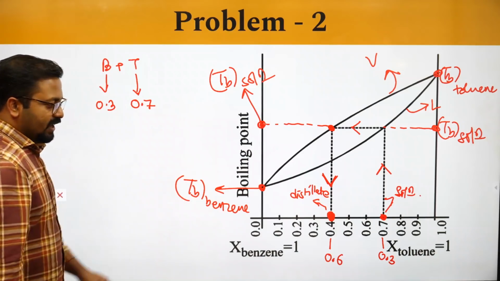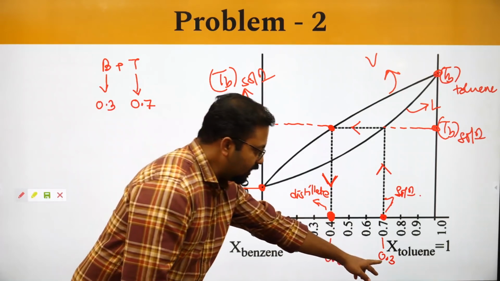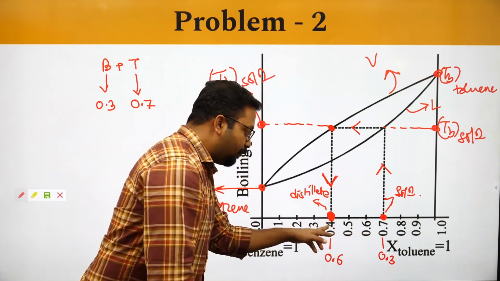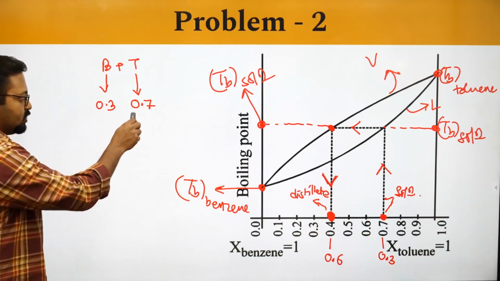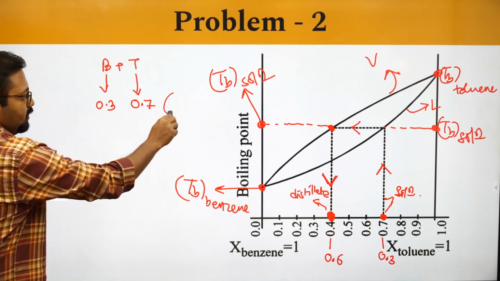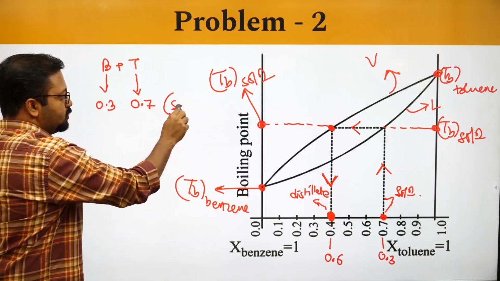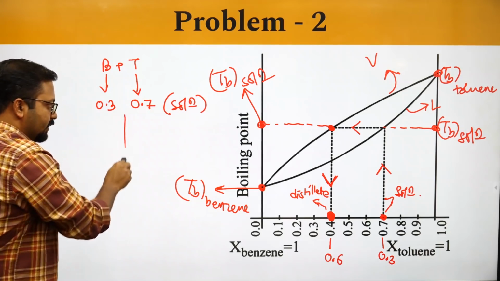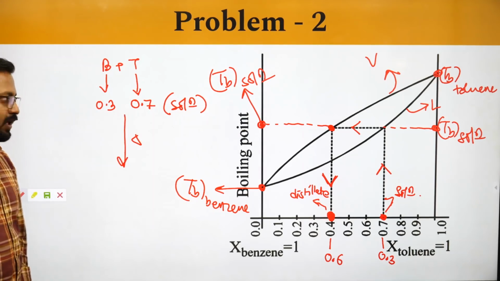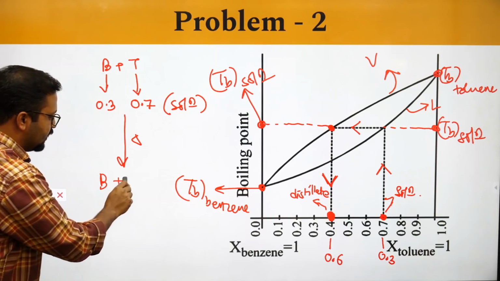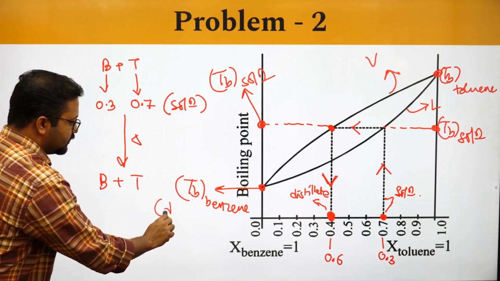Okay, so we started from 0.7, reached 0.4. So initially this was the scenario, this was the solution, and then we boiled it. We have benzene and toluene in the distillate